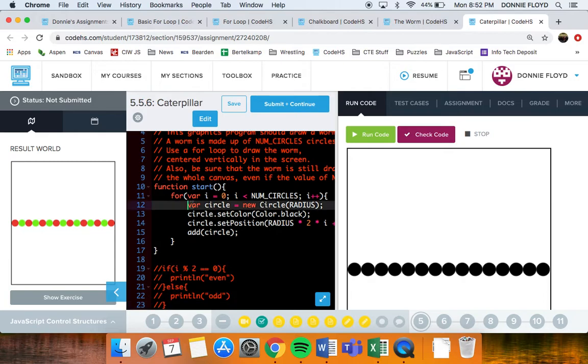You do not need to make 2 totally different circles. You just put an if-else statement based on the set color. So you set the circle if it's even, and you set the circle a different color if it's odd. Okay, so those are my big hints